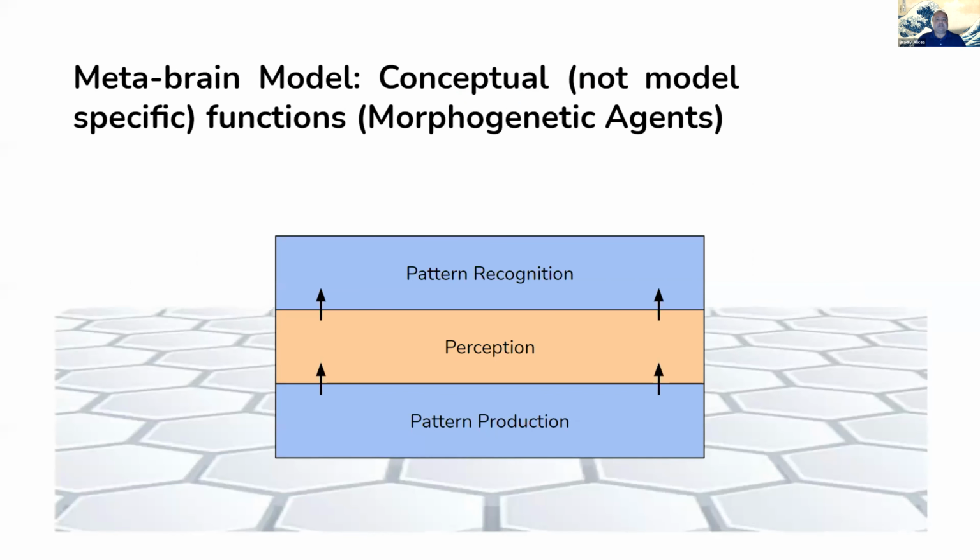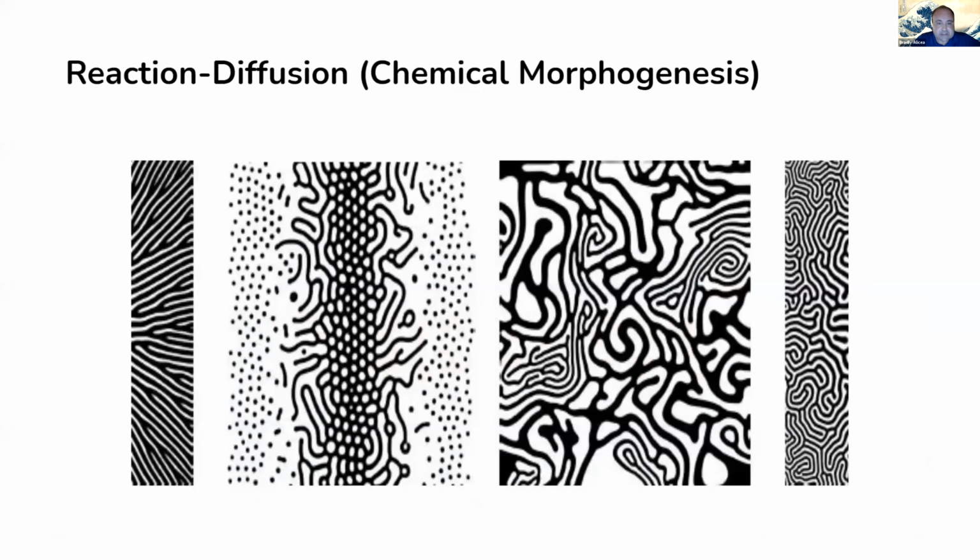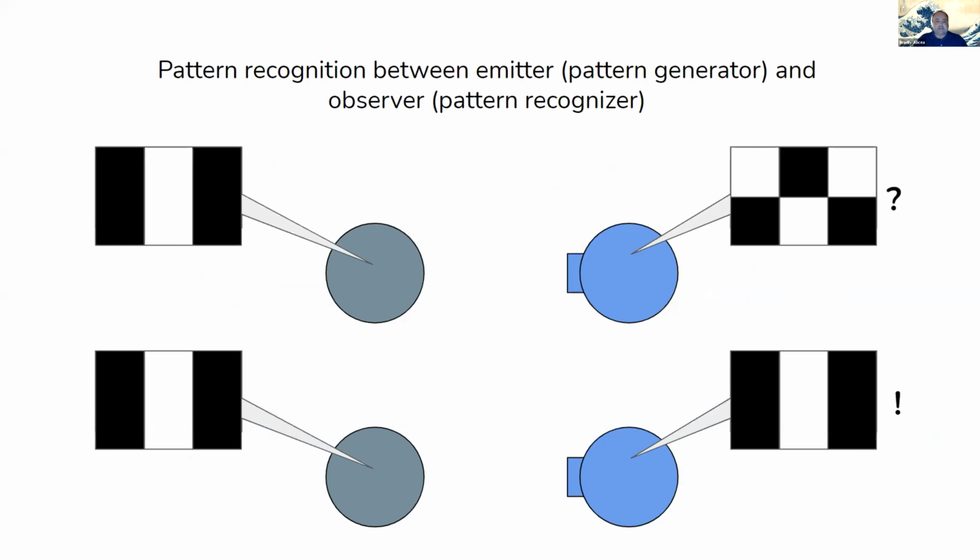So we're actually going to use this paradigm called morphogenetic agents to address this problem. So recall that we're trying to form patterns, but we don't really understand what the patterns are necessarily. So what we're doing here is we have two sets of agents. One set is an emitter, which is on the left, and the other is a perceiver on the right. So the emitter is emitting a pattern, and the perceiver has to decode that pattern from what they're